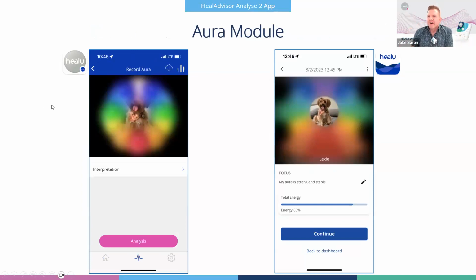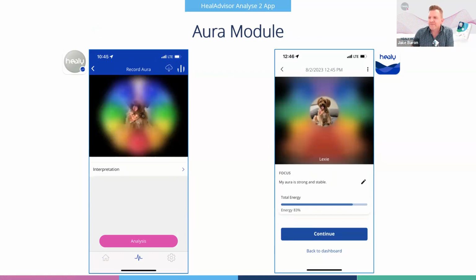But moving on to the aura module. See here the differences as far as the main screen, the visualization of the colors around the picture, and it's just a little bit cleaner looking, of course.